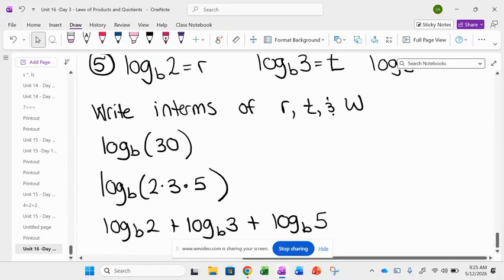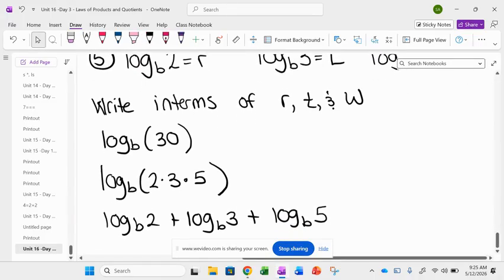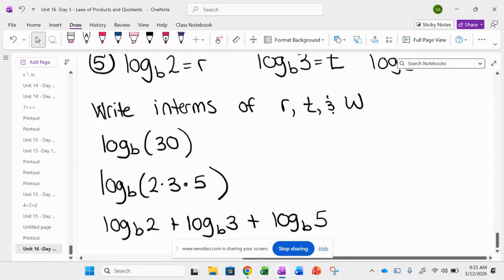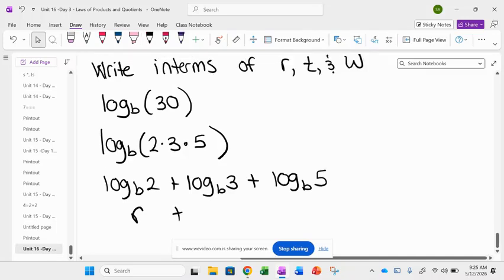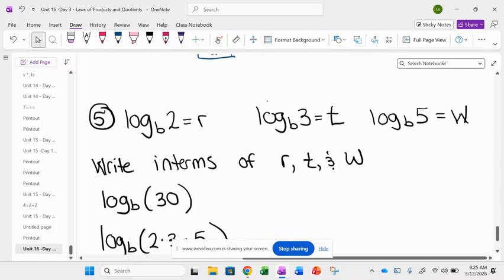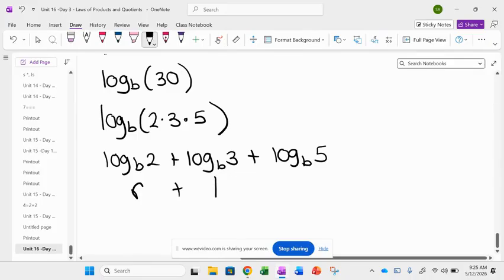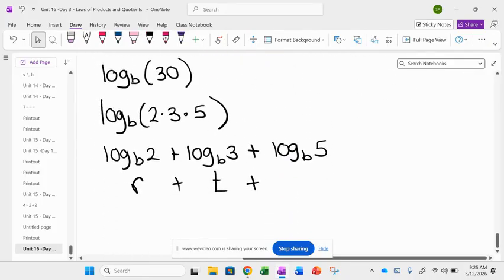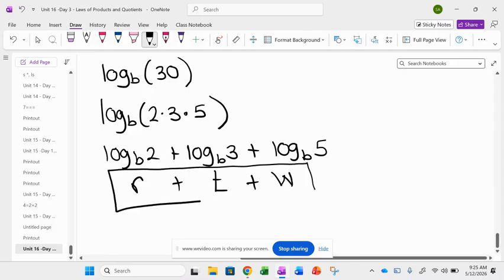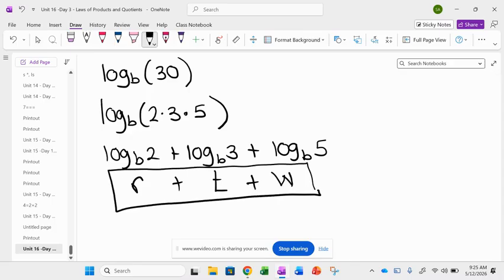And what did I say in the given information log base b of 2 was the same as? R. So this is R. What did I say log base b of 3 was? T. So it's R plus T plus what's log base b of 5? W. So did I write this expression in terms of R, T, and W? Yes. Okay, so